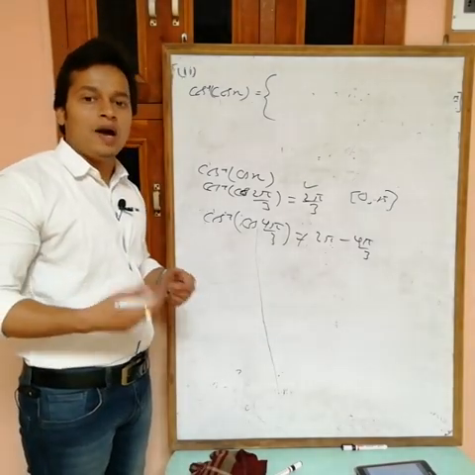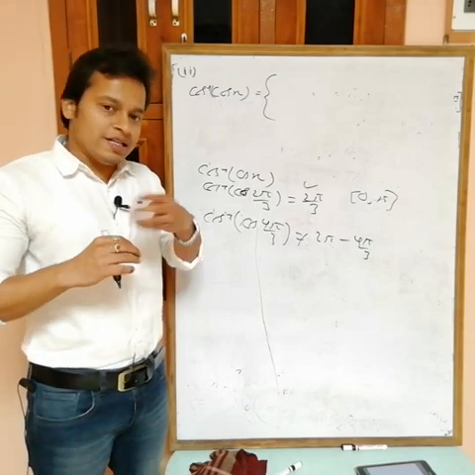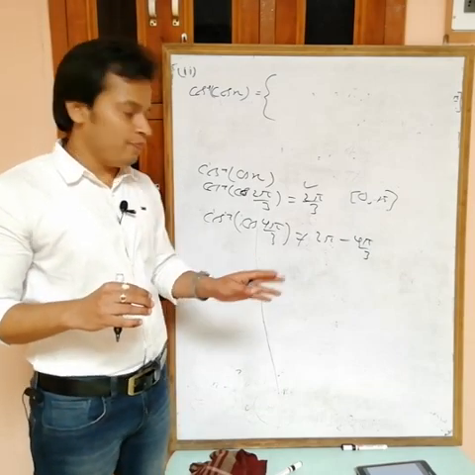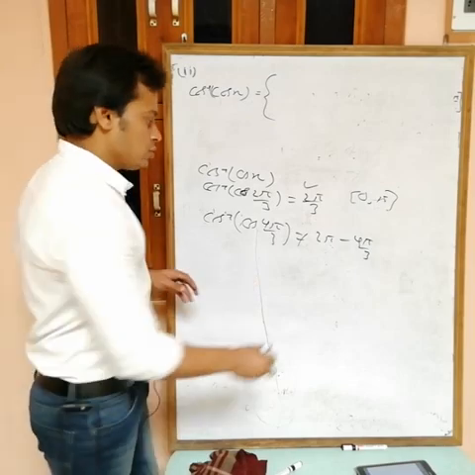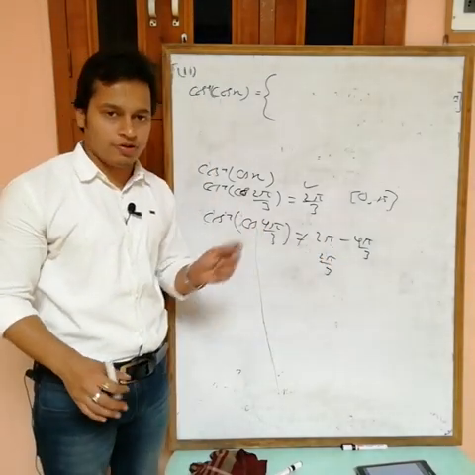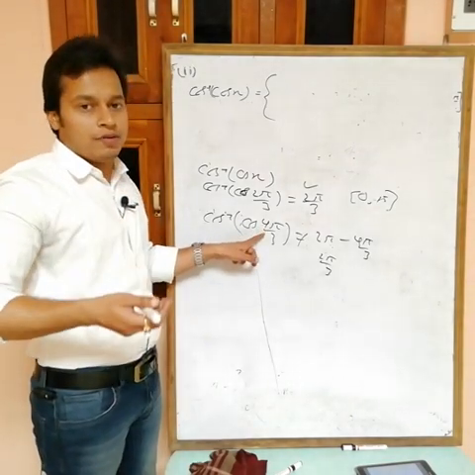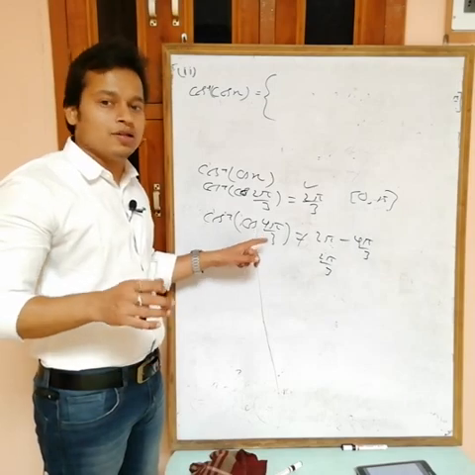Then the answer is 2 pi minus pi by 3. So it means like this one. If this is less than 2 pi, then 2 pi minus 4 x. Okay, so the answer is, if you solve, 2 pi by 3. So cos inverse cos 4 pi by 3 is also equal to 2 pi by 3. Okay. If this one is greater than 2 pi, then x minus 2 pi.